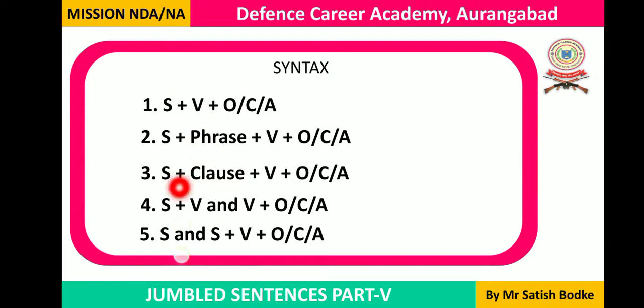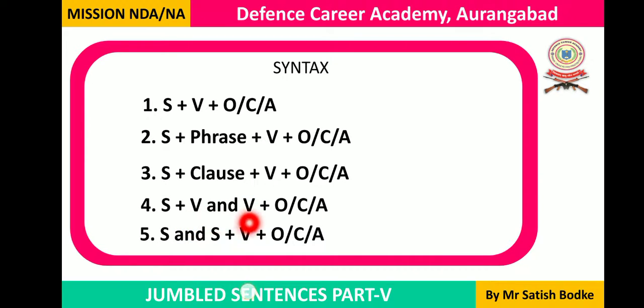All assertive sentences begin with subjects and then the verb follows. But in the second and third syntax types, you can see that between the subject and the verb, another part is inserted, and that part can be a phrase or a clause. And after the verb, obviously an object, complement, or adverbial, any of these parts or a combination of these parts might appear. Sometimes a verb can be a combination of different verbs, for example, two different verbs joined by and, as well as, etc.